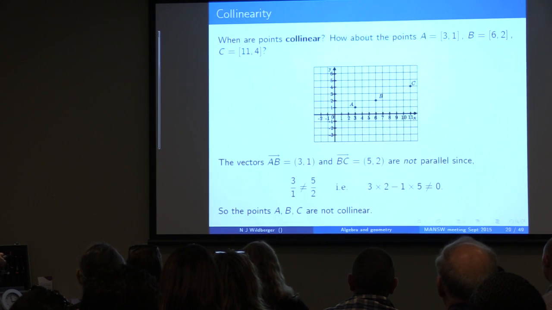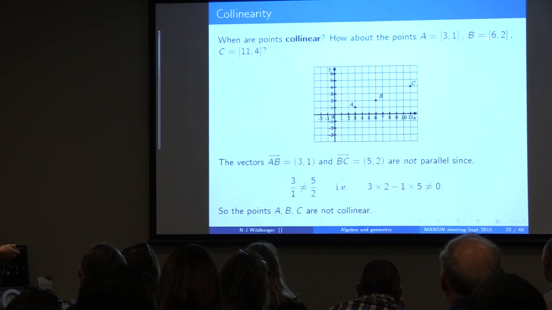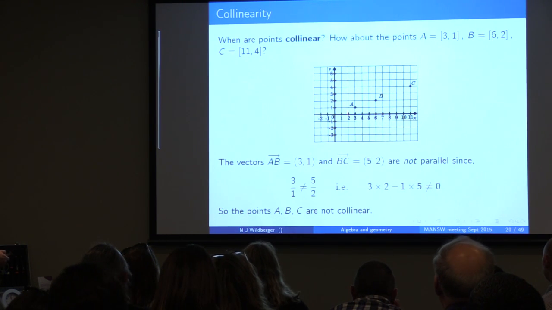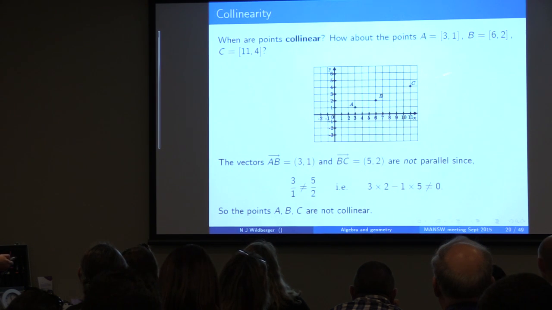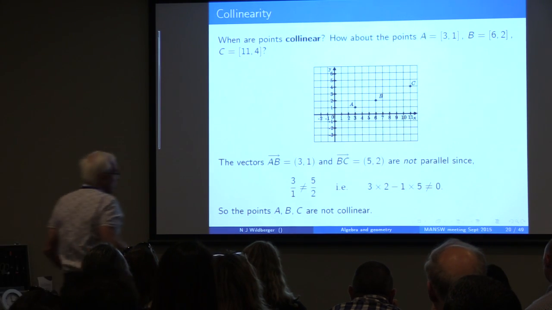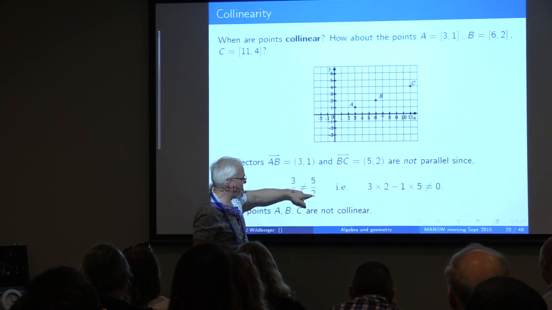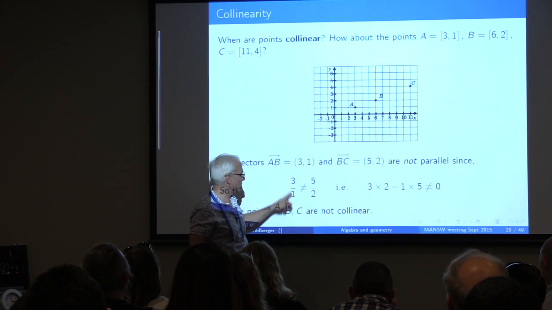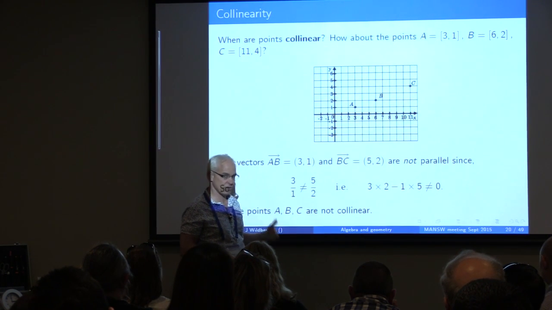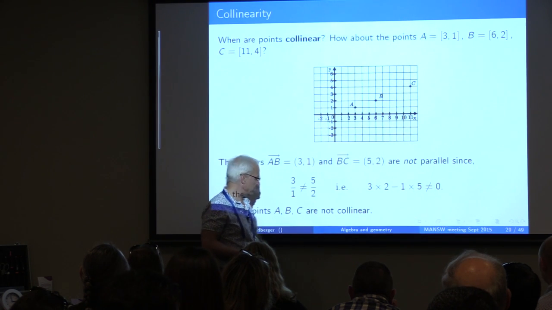And collinearity of points, well, that also becomes a very nice kind of issue in this kind of framework. We have 3 points. We want to know whether they're collinear. Well, maybe they look collinear, maybe not. So we create the vectors. There's the vector (3, 1). There's the vector (5, 2). We want to know, are these vectors parallel? Well, to determine parallelism, if one's a multiple of the other, then this times this equals this times this. Or this times this minus this times this should equal 0. And since this times this minus this times this is not equal to 0, they're not collinear.